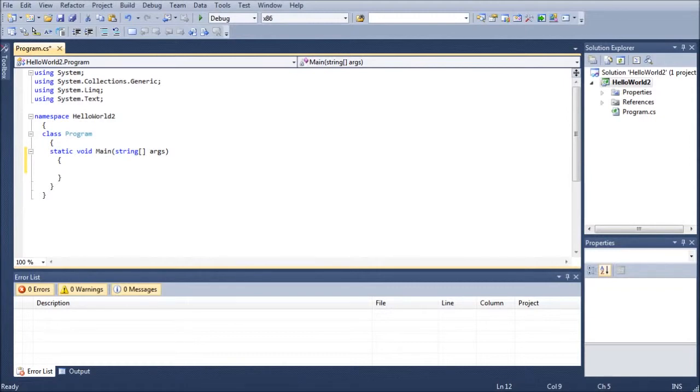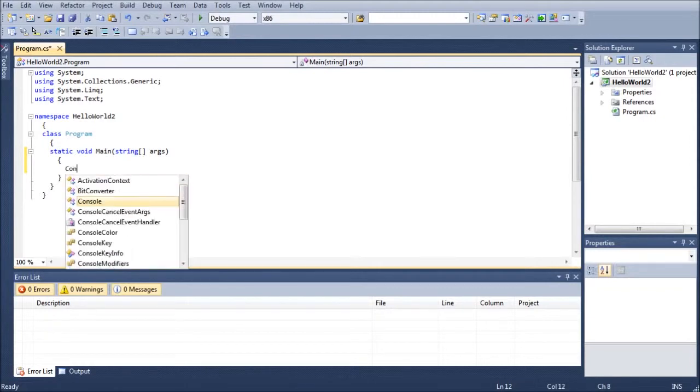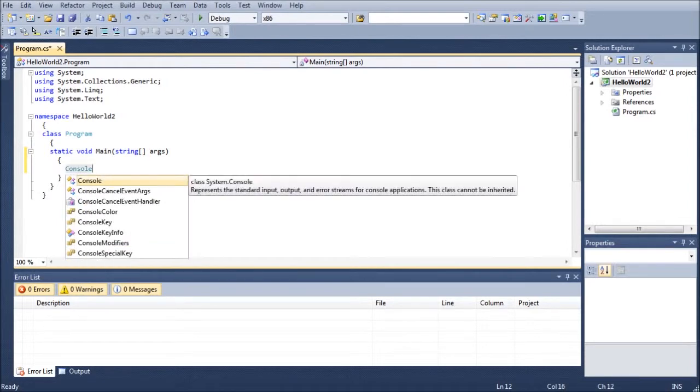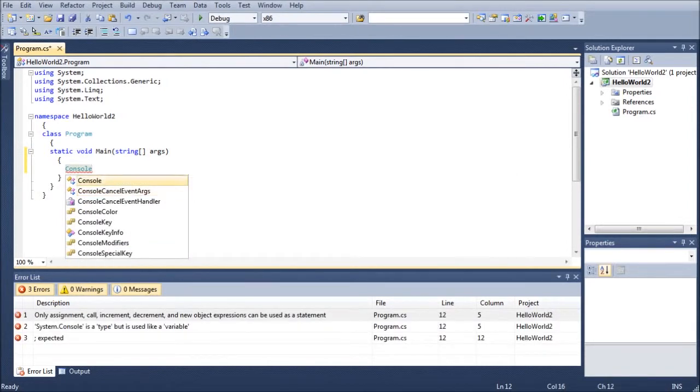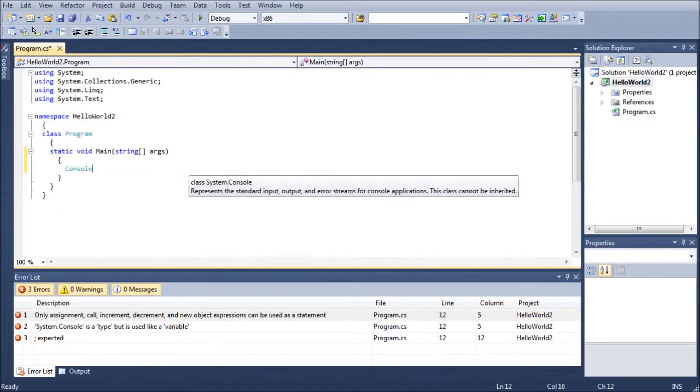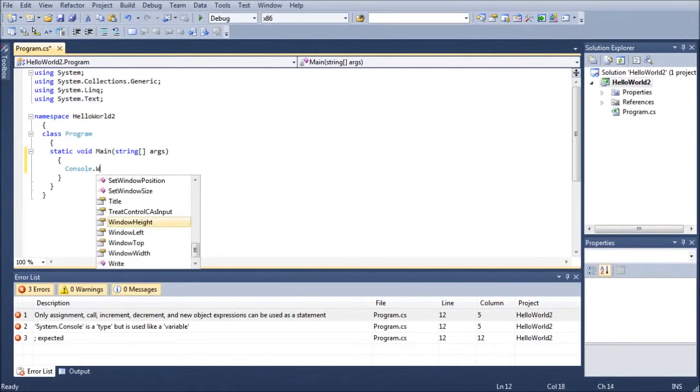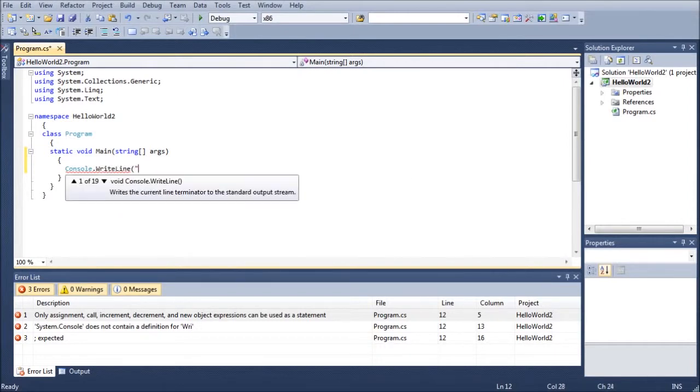So the first thing we're going to do is we're going to type console. And as you can tell, as I'm typing things in, it automatically gives me some options about what I might want. So if you wanted to and you weren't quite sure what you wanted to do, you could always just use your arrow keys to select what you wanted and hit enter, and then just fill in the rest of the syntax yourself. So we're just going to type in hello world,